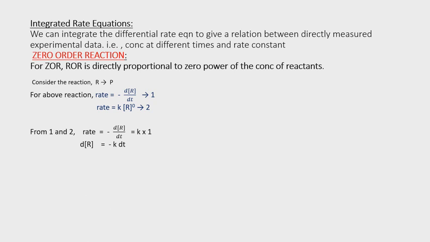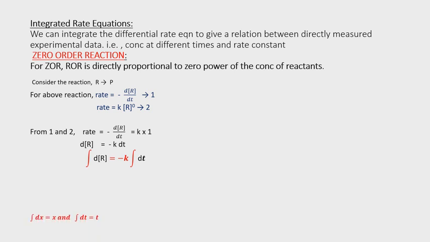Just we are crossing, multiplying dr equal to minus K into dt. Integrating on both sides. What we are doing now? dr equal to minus K into dt. I think most of the students you are not familiar with integration, but it is simple integration. It is a very simple mathematical operation. Here you will study in your mathematics. So now here integrating on both sides.